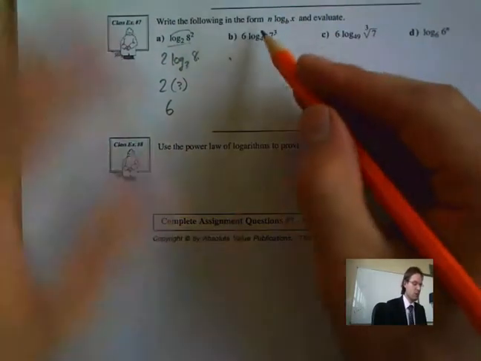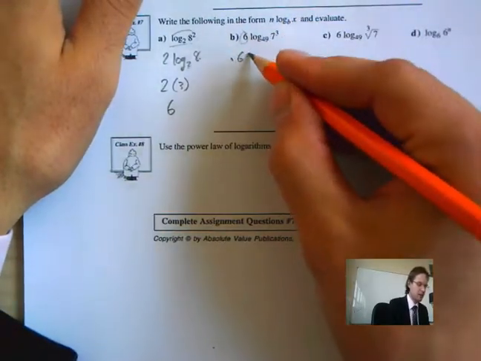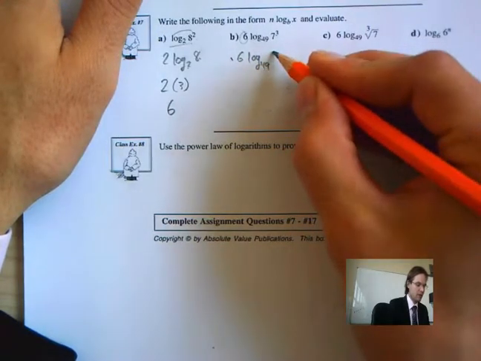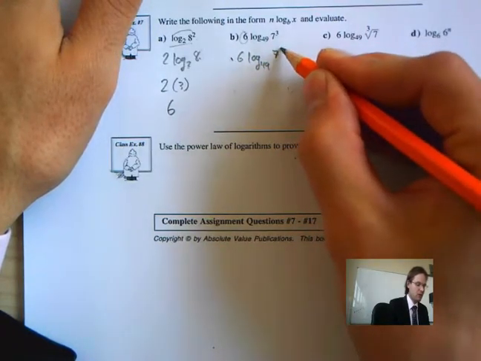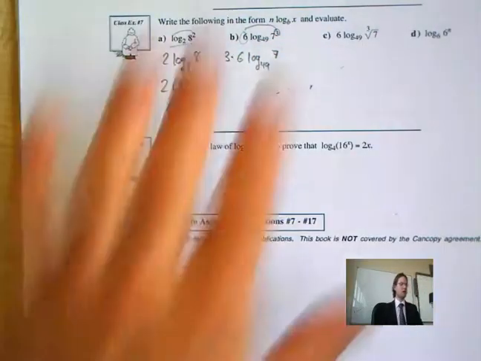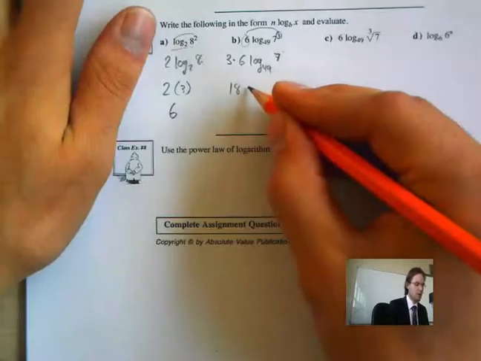So let's try this one here. There already is a number in front. So it's saying 6 log base 49 of 7. And this 3 here, we have to move in front. So 3 multiplied by that. So now we have a double multiplication in front. So it's going to give me 18 log